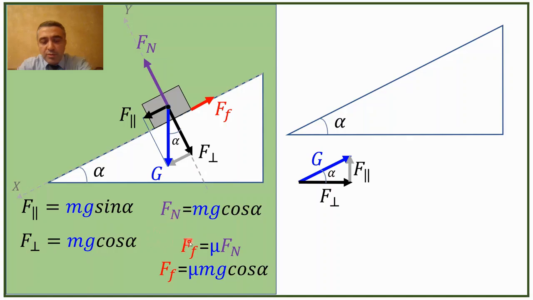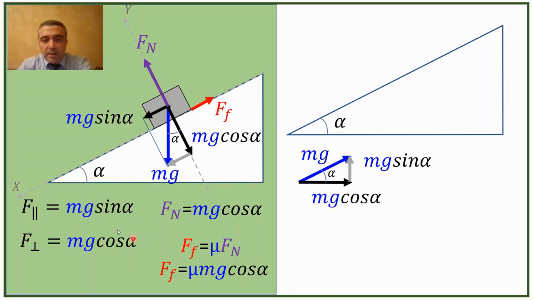As to the friction force, we know that the friction force equals mu multiplied by the normal force. We have found the normal force, so we can put this equation in, and as a result the friction force equals mu mg cos alpha,